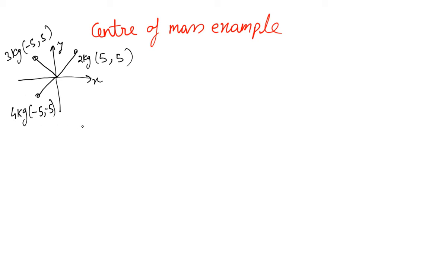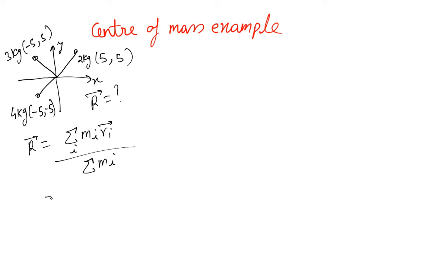So I have given the Cartesian system. So what is the center of mass of this system? Okay, so we have the standard definition, which is the sum over m_i r_i. We decided to choose r instead of x in the last lecture, divided by the sum over m_i. What does that give? This gives 2 multiplied by (5, 5) plus 3 multiplied by (-5, 5) plus 4 multiplied by (-5, -5)